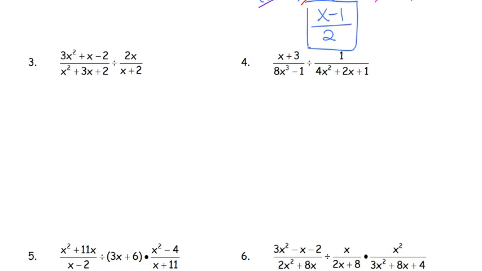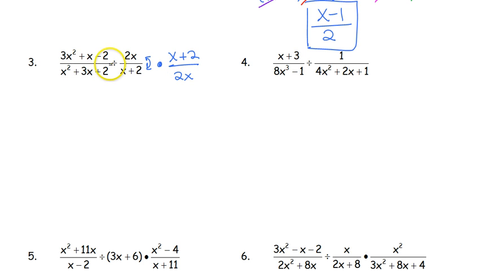Now the only difference between multiplication and division is we don't actually want to divide. Anytime you see a division sign, we know that division is the same thing as multiplying by the reciprocal. So instead of dividing by -2x, or dividing by 2x over x plus 2, we're going to multiply by x plus 2 over 2x. We don't divide, we multiply by the reciprocal. So you've got to remember, anytime you see that division sign, super, super, super duper important that you do the